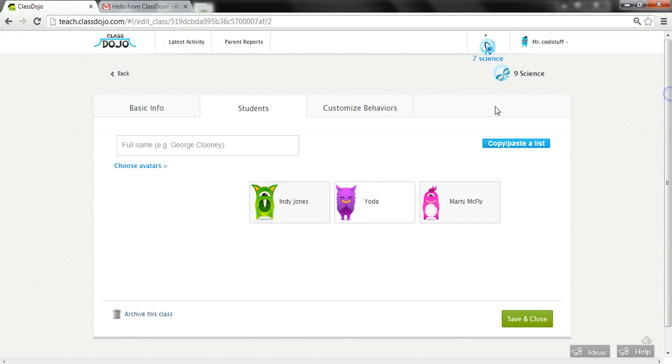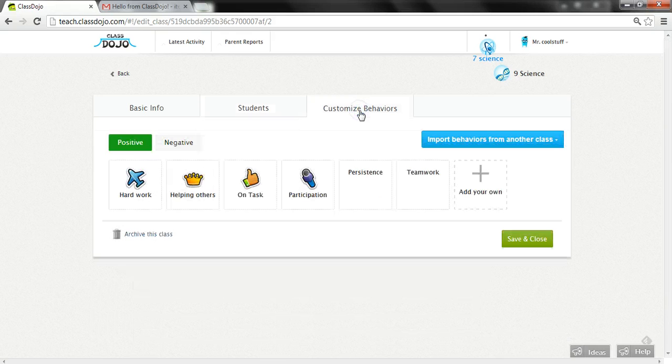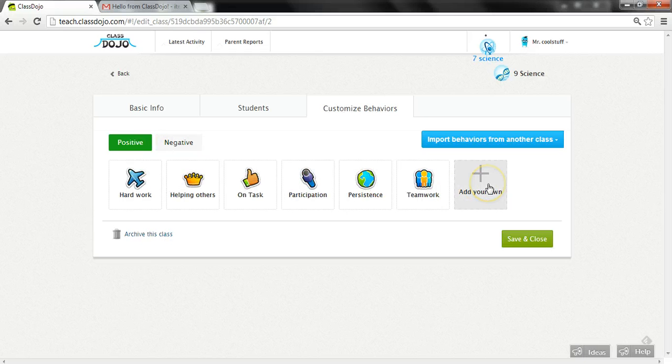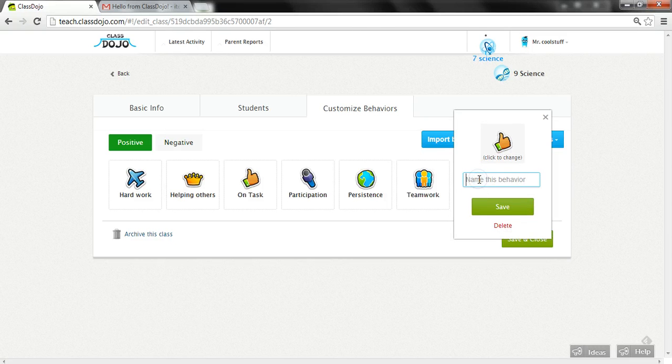So I'll just move into this, we select customize behaviors, and there's some that are automatically incorporated into ClassDojo, so you've got all these positive behaviors here. And then also on the other tab next to positive, we've got some negative behaviors. So we're just going to create a couple more. You can create as many as you like, but I'll just show you how you can do one. So if I click on add your own, we're going to call this option